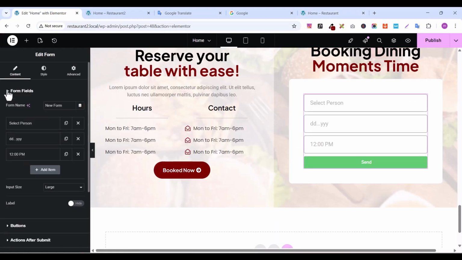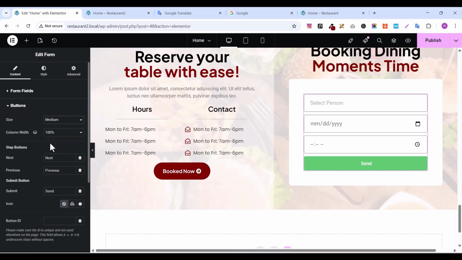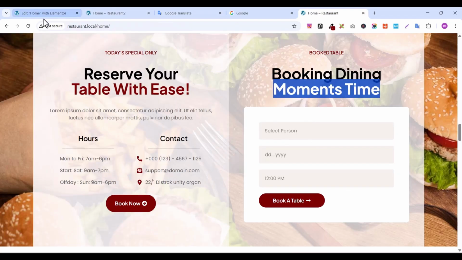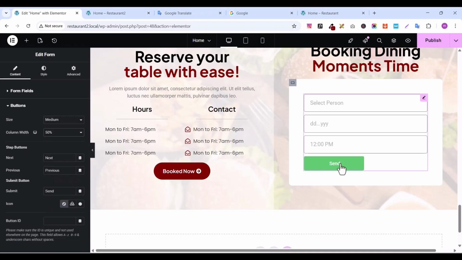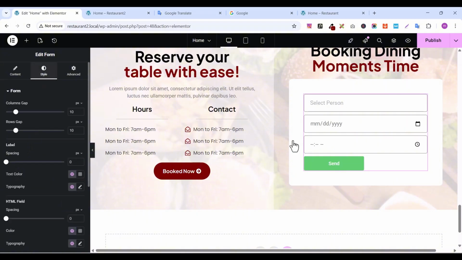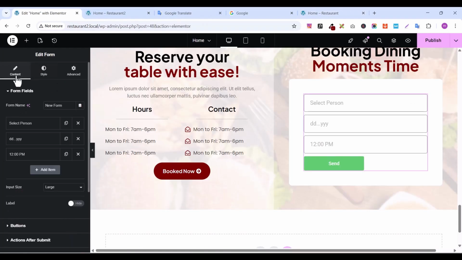We are going to make the bottom medium, and 50% here like this. Okay, so from here let's go to style and start styling this. So let's go back to content here. On the bottom,